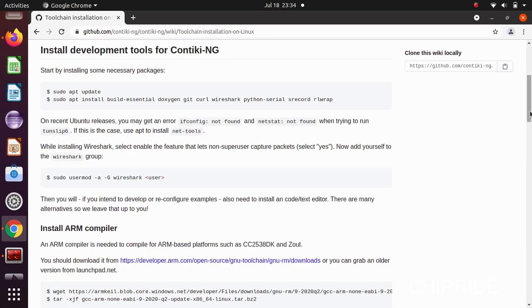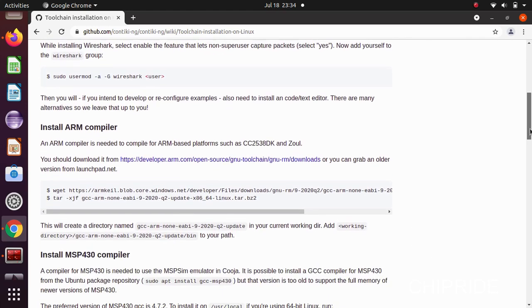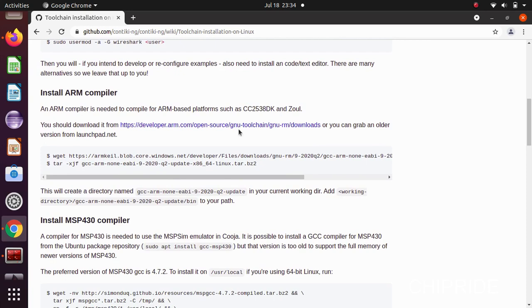You have the ARM compiler installation, where you can directly install the latest ARM compiler, or whichever ARM compiler you wish to. For now, you can follow the one which is given here. You can run these commands, wget and this command, followed by the other command, that is the tar command.